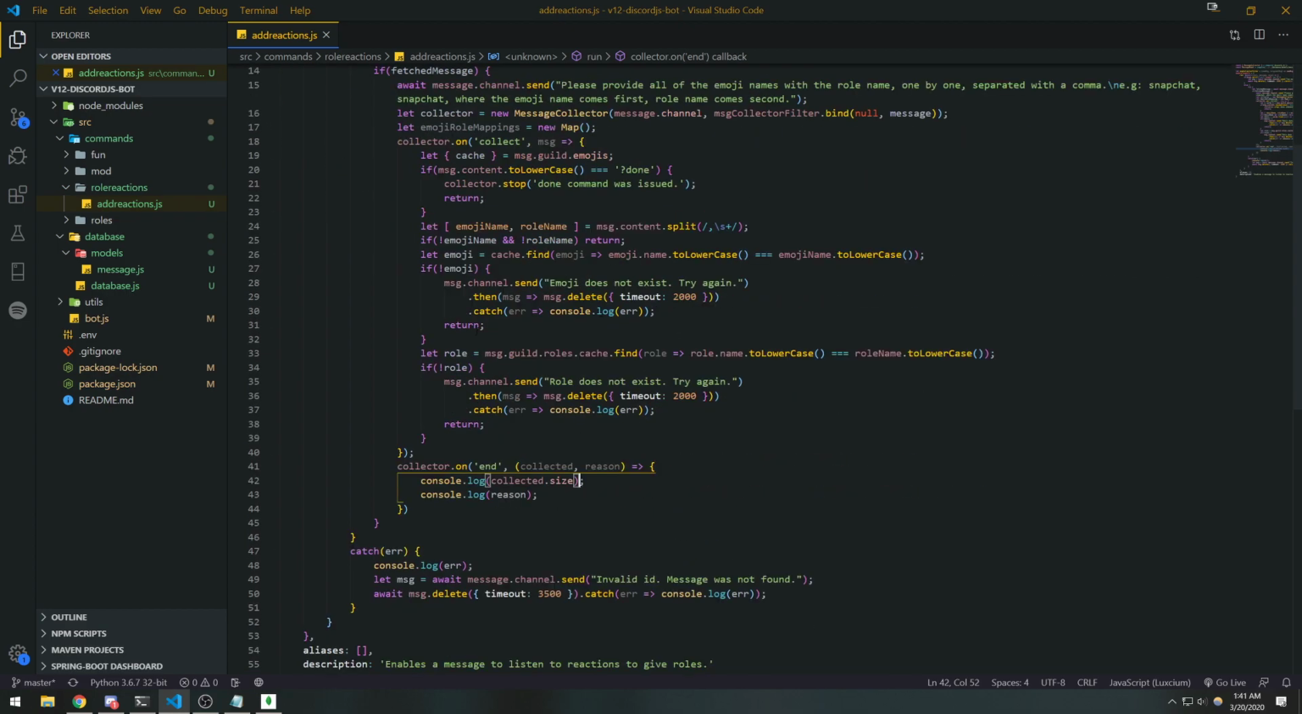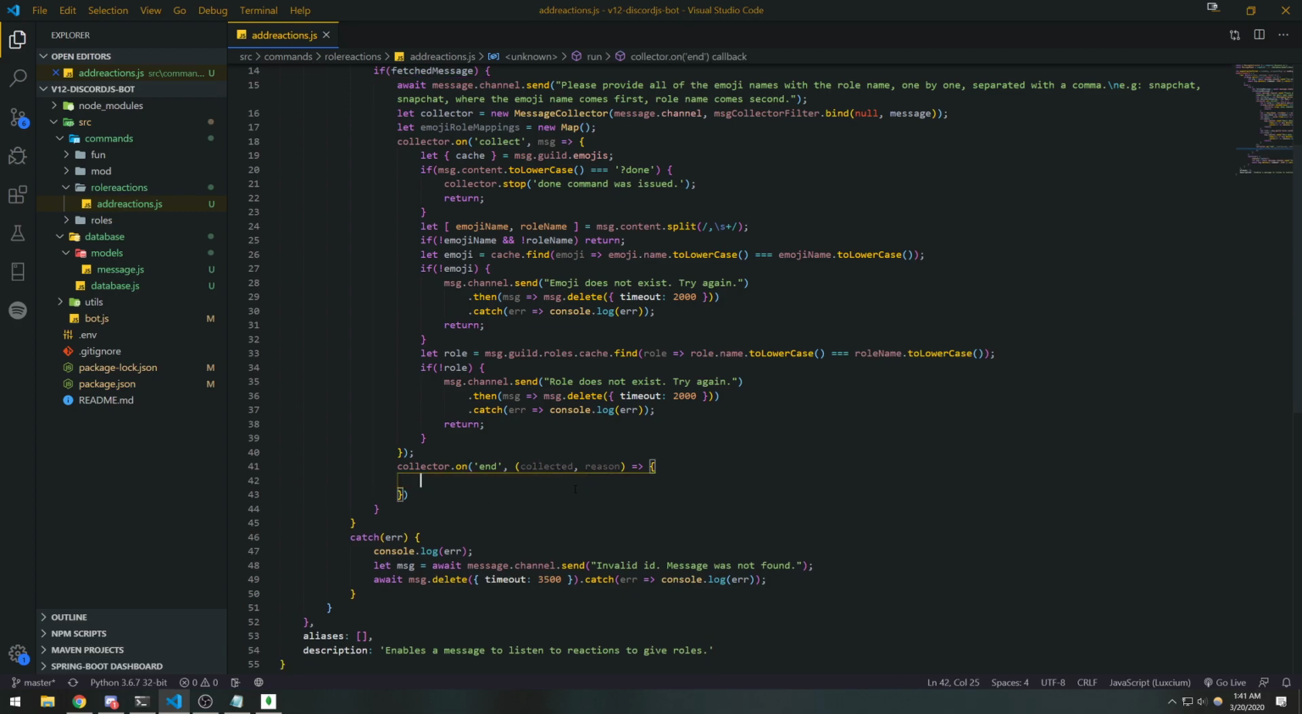But we're only going to care, but over here inside this callback function for the collect event, we're only going to worry about all of the messages that have the valid emoji name and the valid emoji ID. I'm sorry, the valid emoji name and the valid role name. Okay, so the only thing that we have to worry about in the end event is